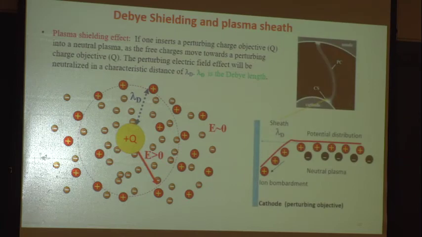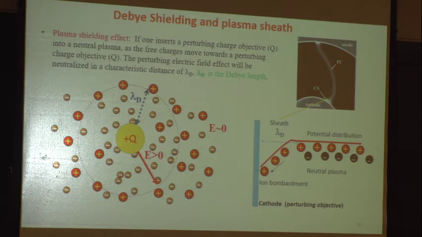I'll give you a visual example. Let's say this is a gliding arc, with the anode here and the cathode there, and you can generate an arc discharge. At the anode you can see a very bright spot. That is the sheath of the anode. At the cathode you can also see a bright spot. That is the sheath of the cathode. And in the middle between them, everything is neutral.